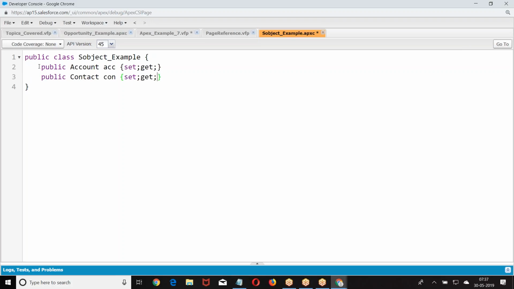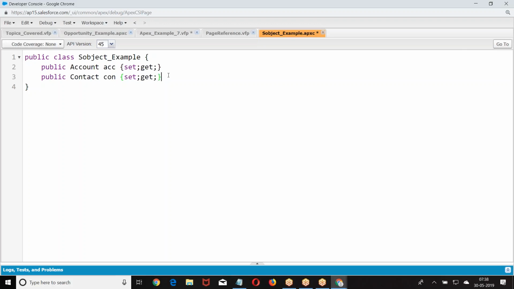Now ACC is of type what? Account. This account is referring to a table called account. When we are referring to a table called account, whatever fields we have in the account table, all the fields will come to the ACC.